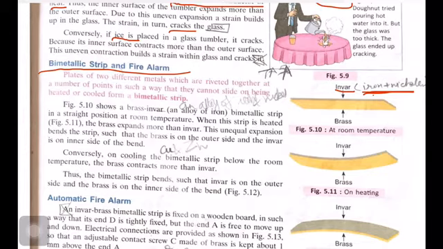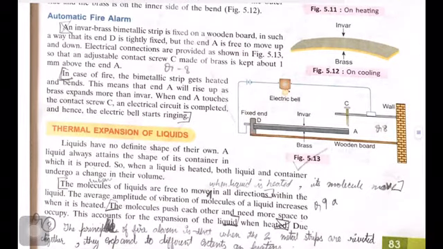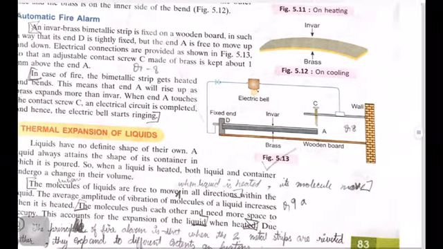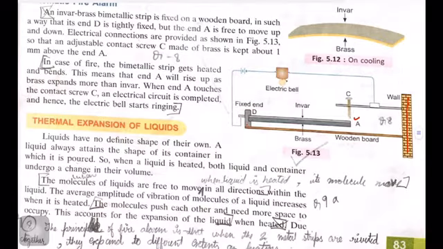Fine. So now let's see what happens in a fire alarm. You can see this is a fire alarm. Let's check out the basic function of it. Initially you can see there is a wall. We have a wooden board attached to it, and in the wooden board you can see there is a circuit in which we have a battery, we have electric bell also. We have made the one end of the bimetallic strip as fixed, which is D. The other end is open, so the circuit is not complete.